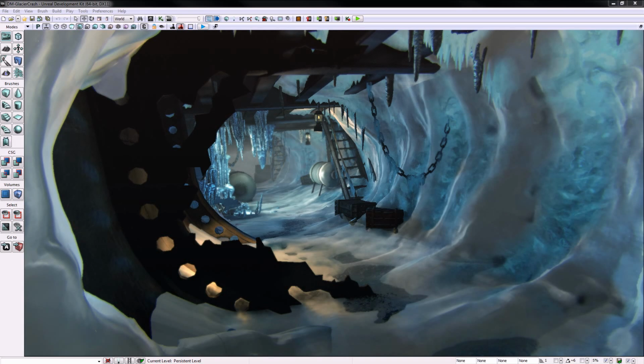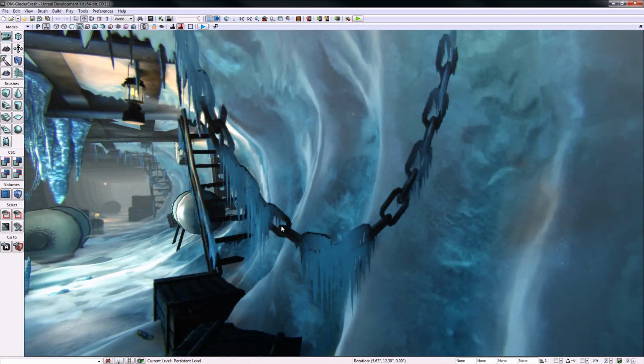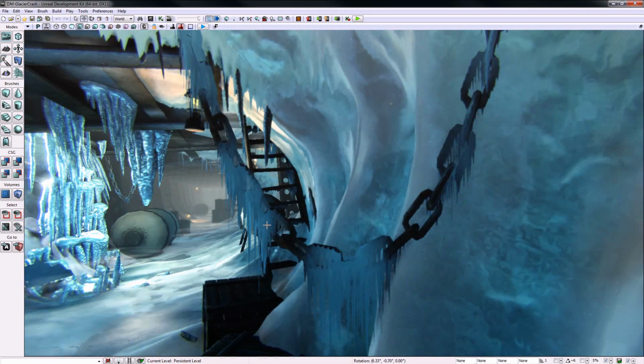I'm going to show you guys how to use DX11 tessellation and displacement to make a pretty nifty icicle material in UDK. So let's take a look at the icicles on this chain here. What's really cool about this material